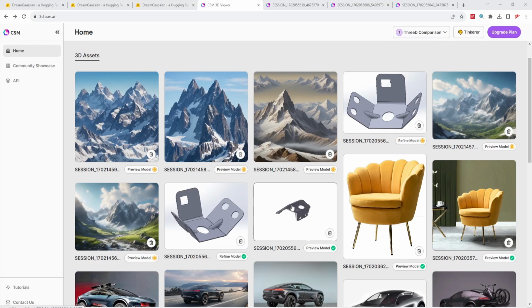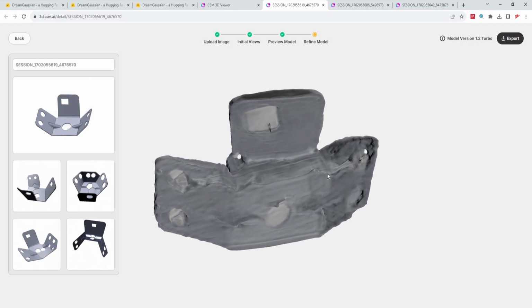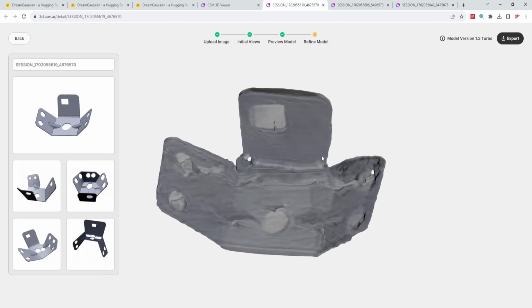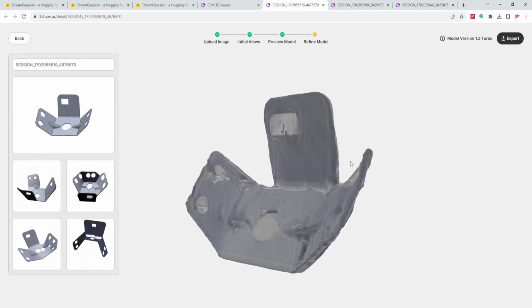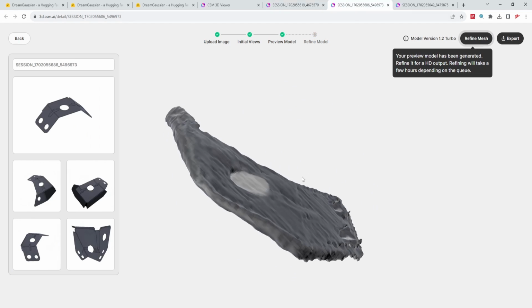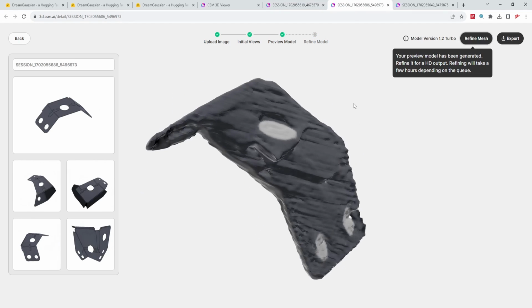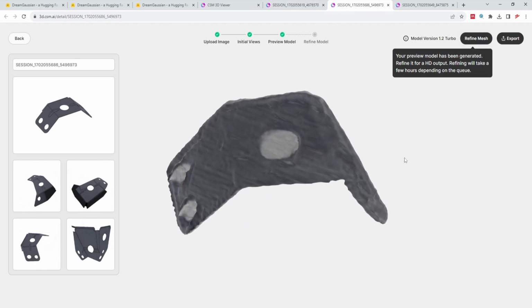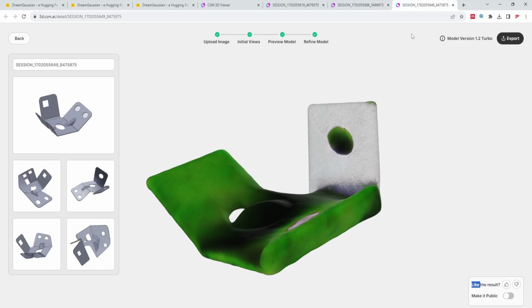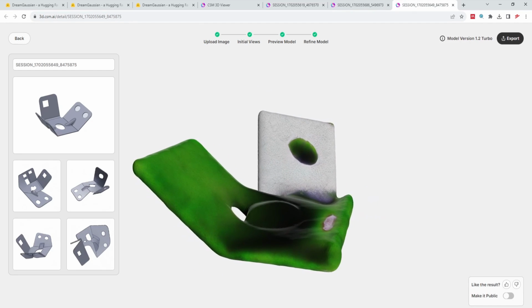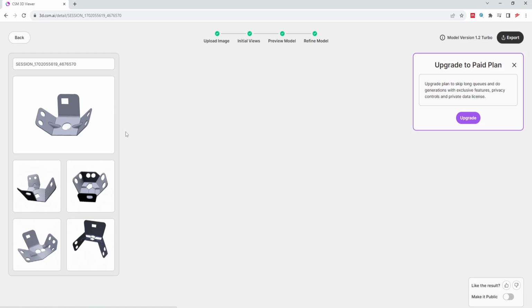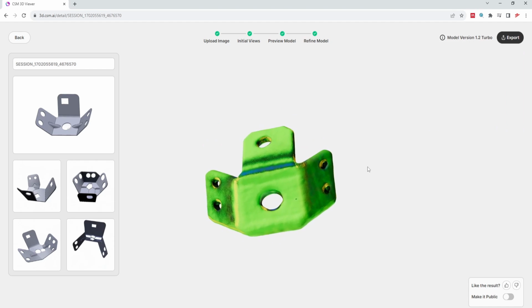The second AI tool, CSM, managed to recreate better models, but these are far from being usable 3D models. Keep in mind that these AI tools are not program-specific for computer-aided design, but these tools will improve. They will make use of specific parameters, allowing them to recreate 3D models accurately. At the end, I have added one of the images once again in CSM, and I obtained a fairly better model.